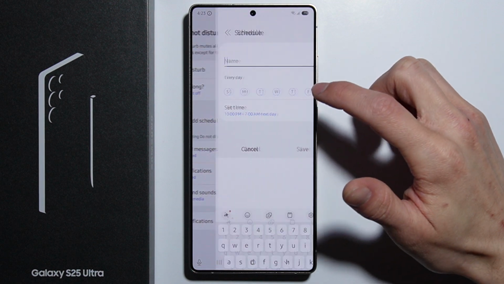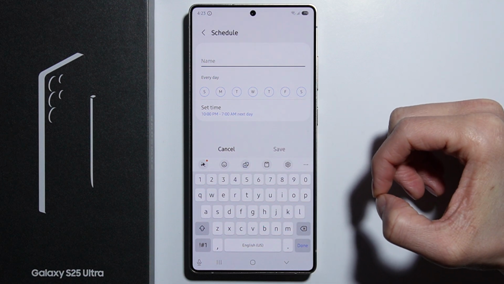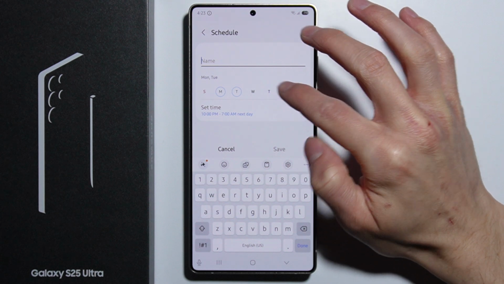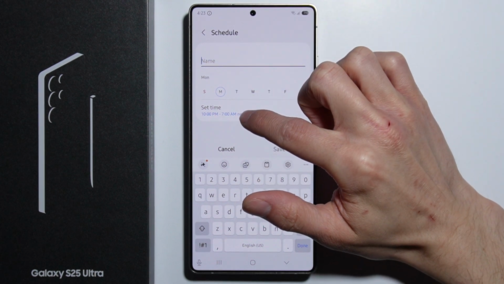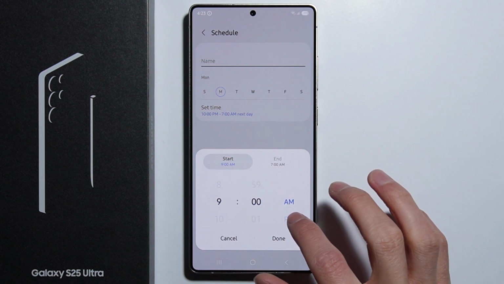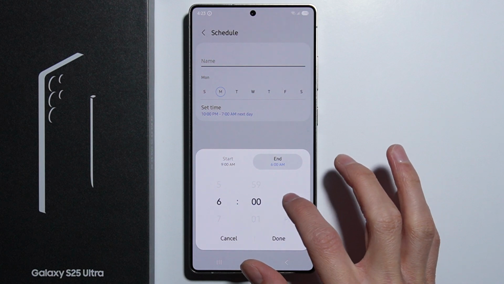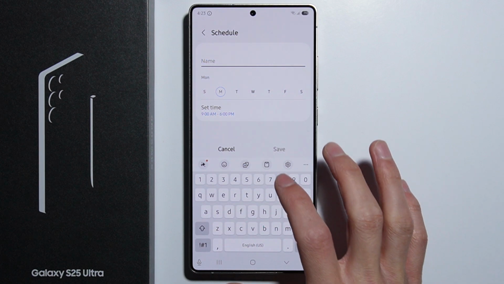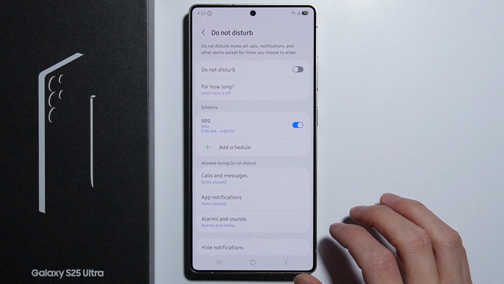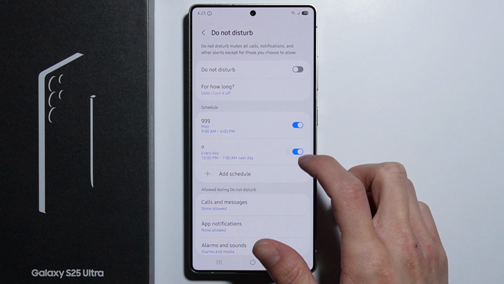And yeah, we can also set up the schedule, we can add ourselves the schedule for when to start the Do Not Disturb mode and when to end. We can set up the different days, we can also set up the time, so let's for example select Monday, and on Mondays it will start at 9, for example 9 a.m. and it will end at 6 p.m. in this case. Just like this, and you set up the name for the schedule, press save, and you can add more schedules actually as you can see, and you can enable and disable them as you can see,